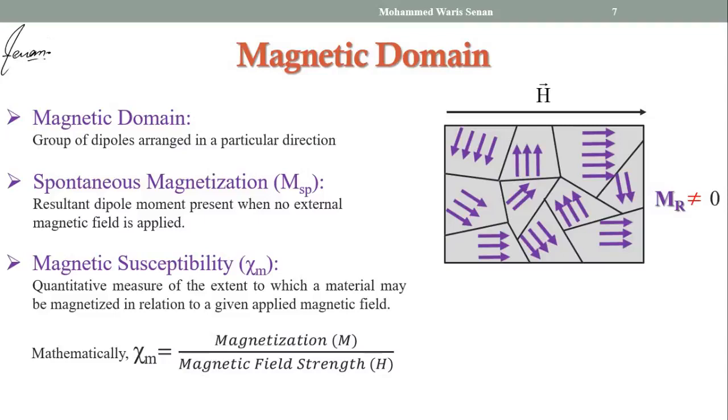So these are some of the points related to magnetic materials. Now our next task is to draw the BH curve. So we will now move towards the BH curve. Before drawing the BH curve,